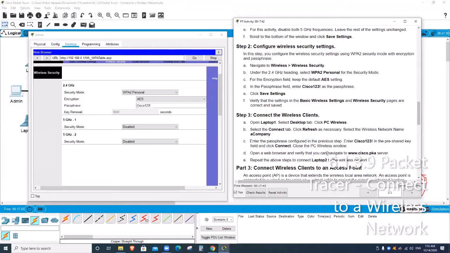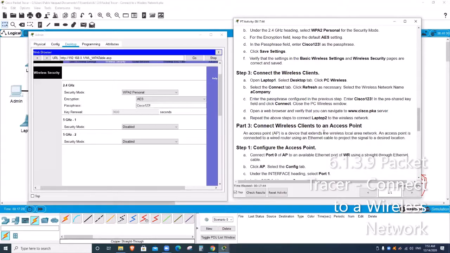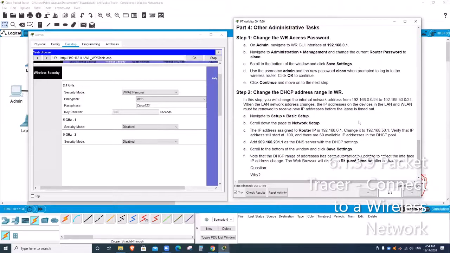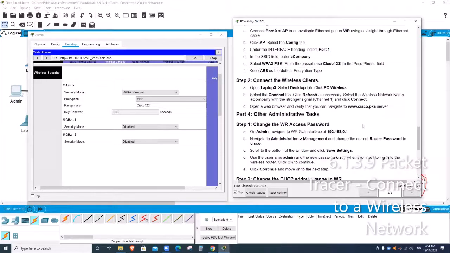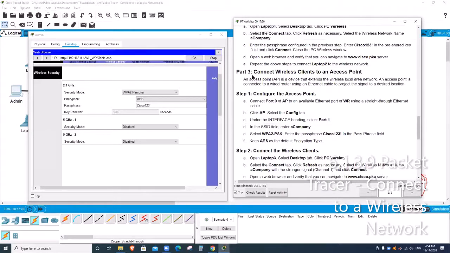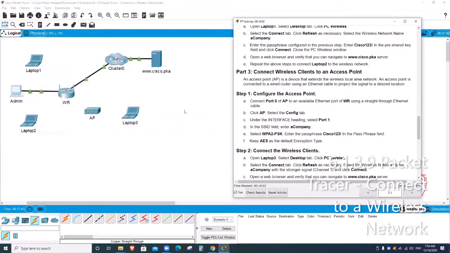Okay, so now connect wireless clients to the access point. All right, so I think that it's pretty much, yeah, this is the last part. Part number 3, connect wireless clients to an access point. So I can close this. And now I just have to connect the laptops, I guess. I start with the